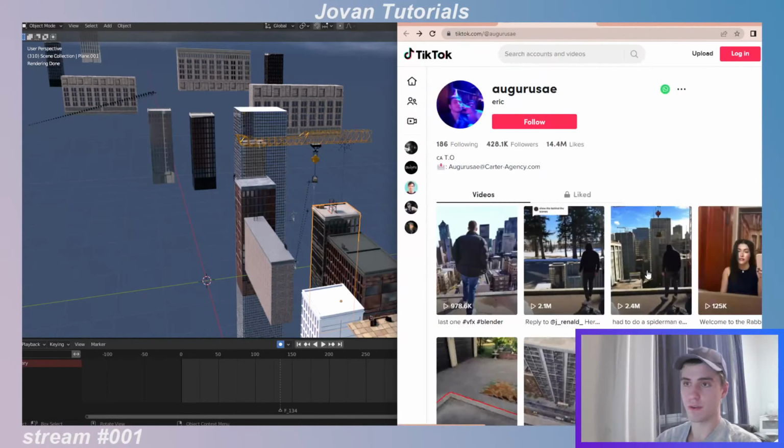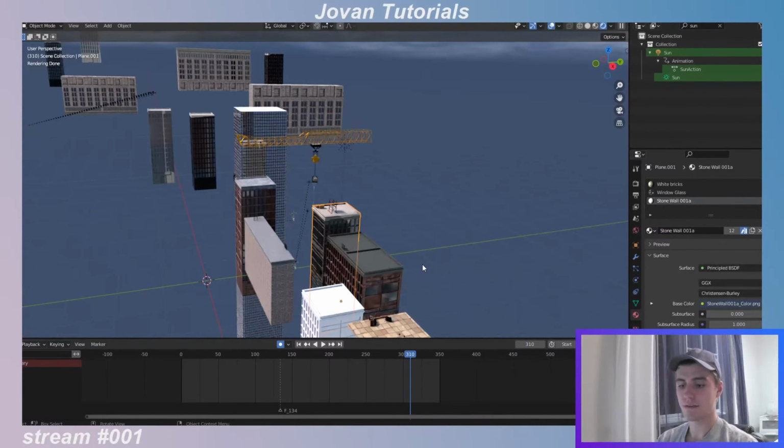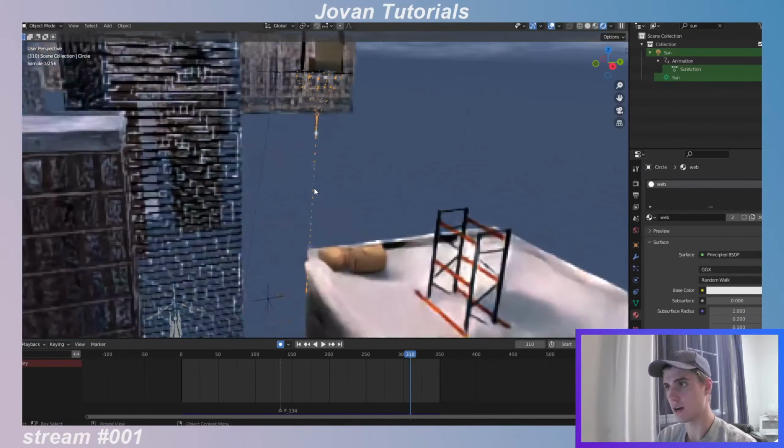It was actually funny, a few weeks before this, I was going through TikTok and I'd just seen the new Spider-Man film, which was amazing. And I wanted to create some Spider-Man visual effects. And a lot of them were visual effects with pre-made green screen assets, which you just kind of overlaid, which I wasn't really a fan of. So I actually made my own version of this web, which is what this one was. And then I found this guy's video after that and saw that he'd done the same thing. So it was really cool to see someone else do the idea as well, which is really great, because it's always nice to see